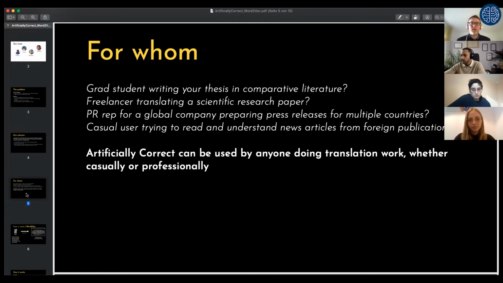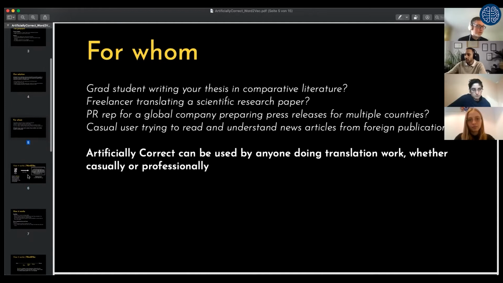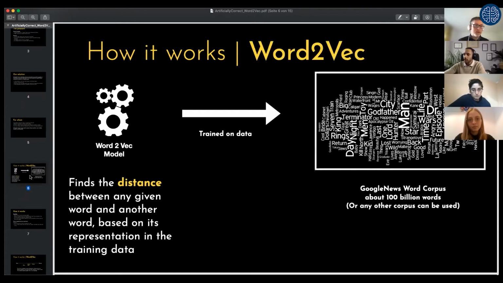So it should be usable by anyone who uses machine translation or works with it and has a problem in that field. The tool we used to implement this solution is a word-to-vec model, a machine learning model. To give you an overview of what it does: